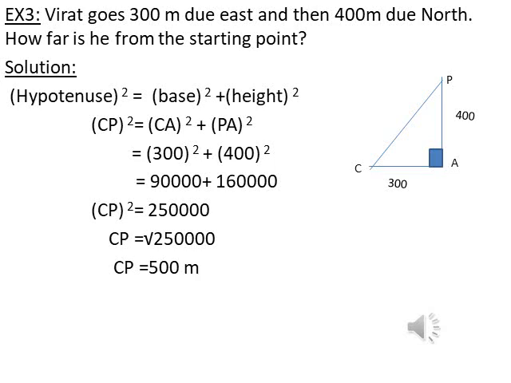So how will we get CP? We want to take a root of this. So again we'll go logically. What is the root of 25? 5. So from the 4 zeros we'll take 2 zeros. So CP is 500, meaning the square of 500 is 2,50,000 and the root of 2,50,000 is 500.